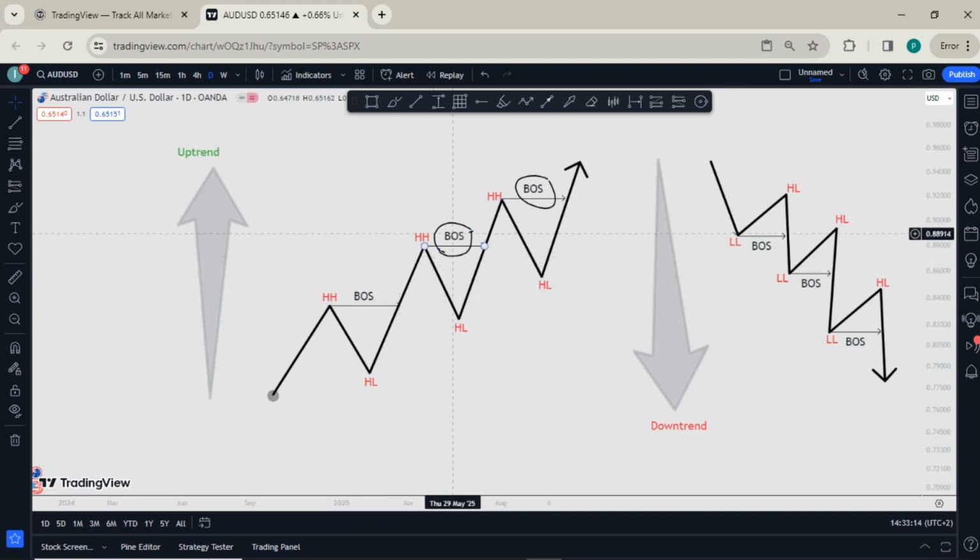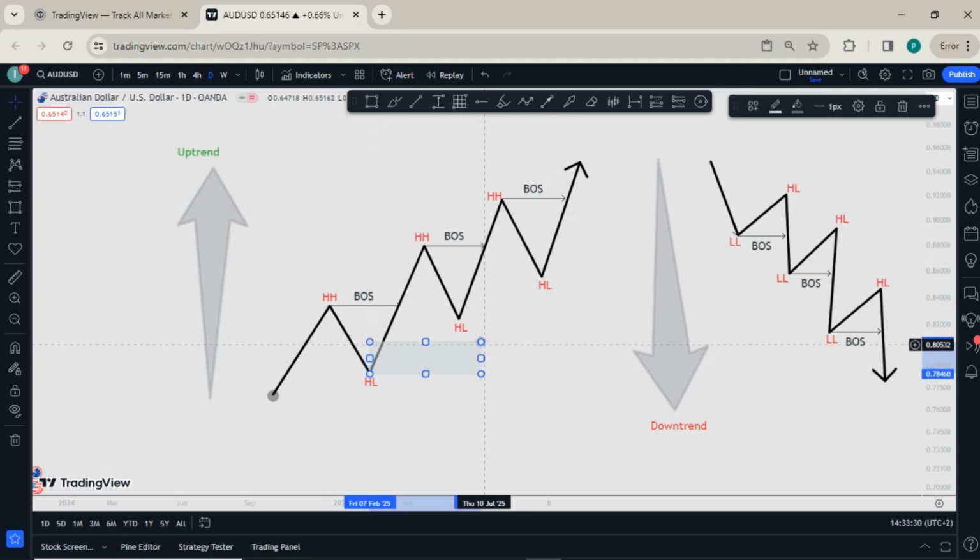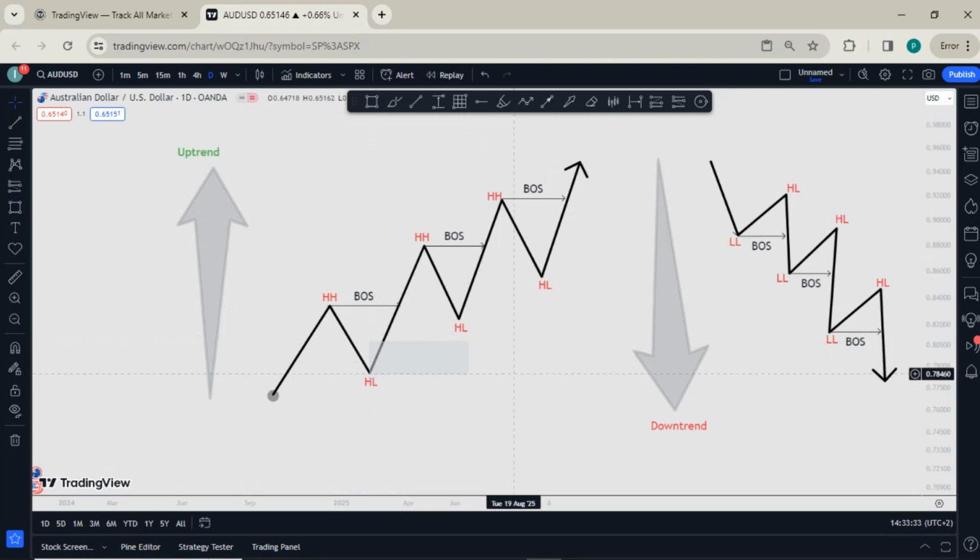Now we understand our break of structure. So I want us to move now to marking out our order block. So our order block is going to be something like here. Our higher low, after price creates a break of structure, now our higher low becomes our order block on an